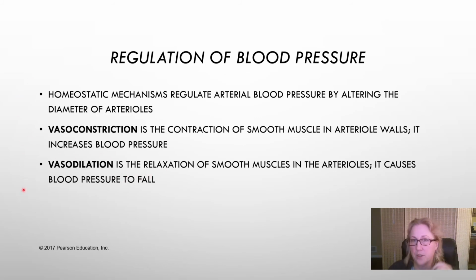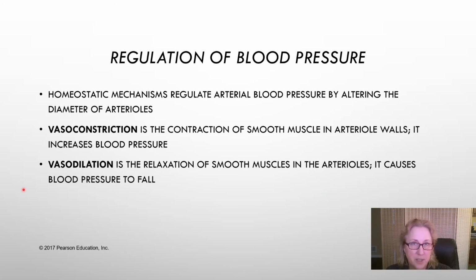Blood pressure is, of course, something that's maintained by a homeostatic mechanism. There are several mechanisms that control blood pressure. One is vasoconstriction or dilation. If blood vessels are constricted by constricting the smooth muscles in the artery walls, that's going to increase blood pressure. Relaxation of the smooth muscles will decrease blood pressure, and this is the system that is affected by some blood pressure medicines. They cause a relaxation of the blood vessels, which lowers blood pressure.